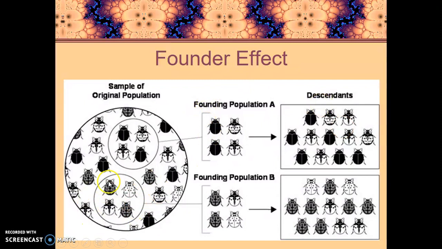Okay, let's say it was a hurricane that blew them away. These guys got blown 50 miles in the other direction to a new stand of trees. So this is your new founding population. Notice by chance, it's randomly slightly